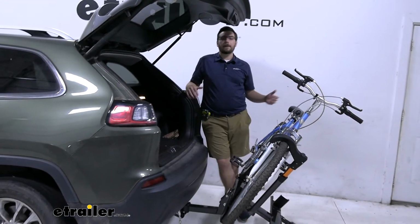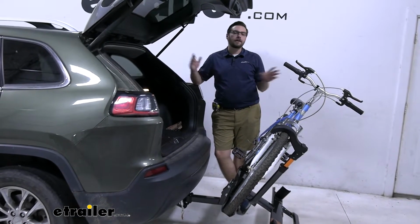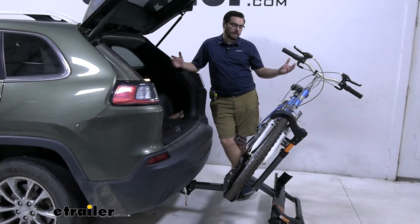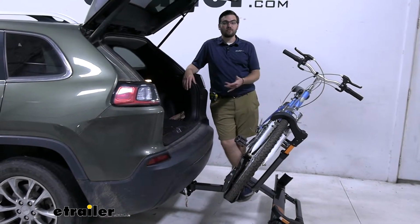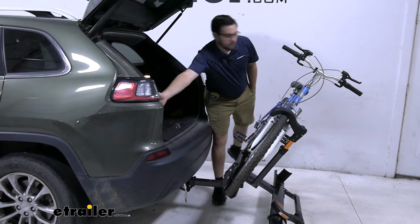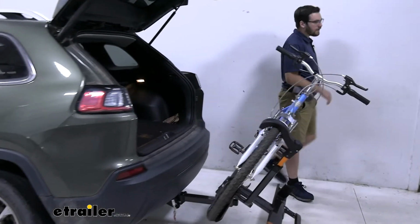Can be great too if you're stopping at a gas station to go ahead, pop out, do whatever you have to. And also just doing little errands around wherever you guys might be is going to be nice that we're not taking up too much room to actually be able to get in here, which I do love to see. So we go ahead and pop that guy, allow this to close,